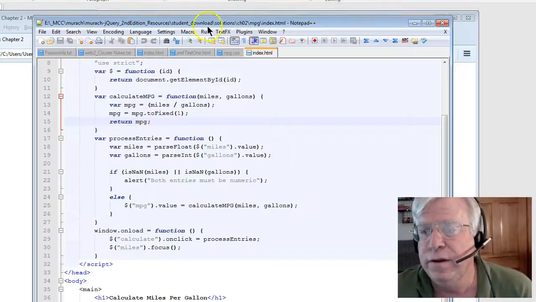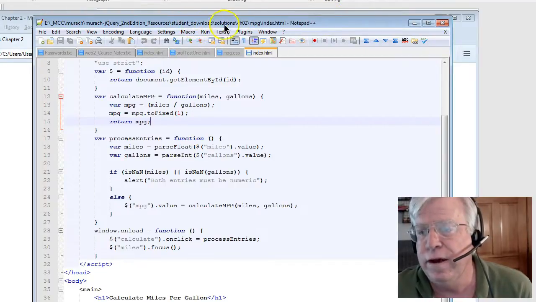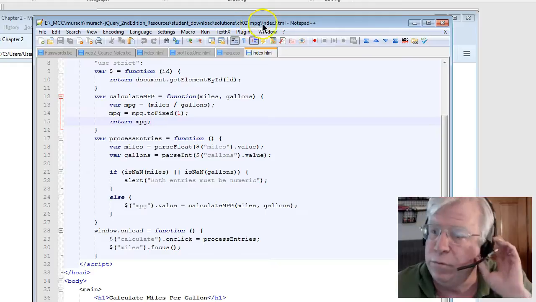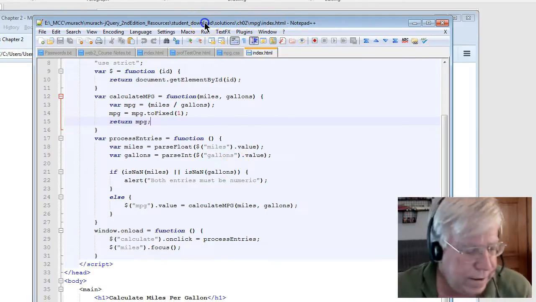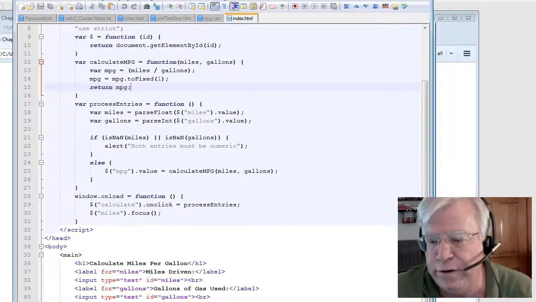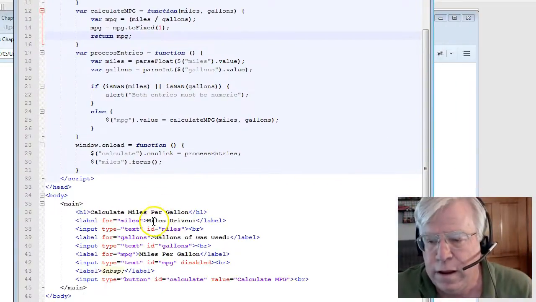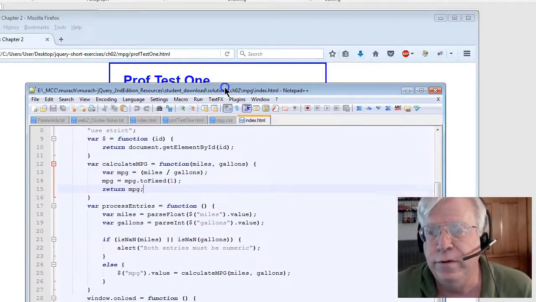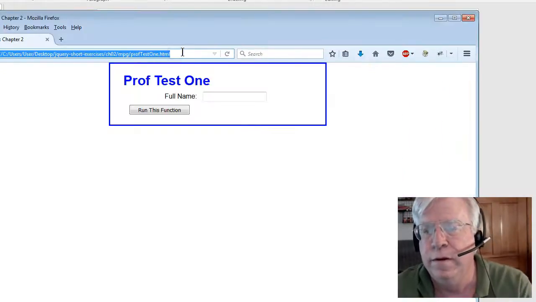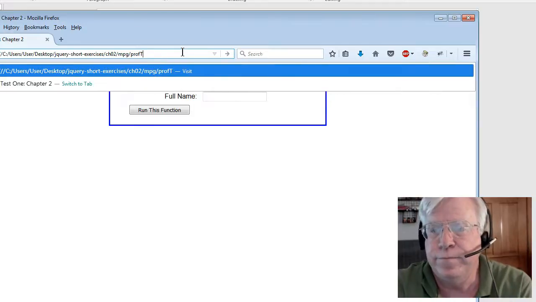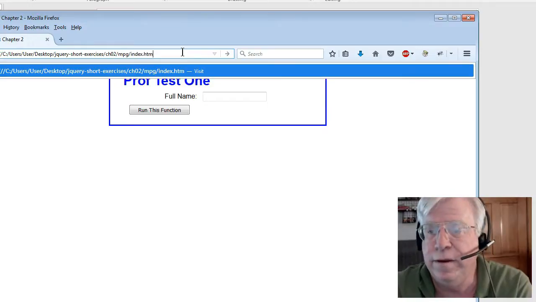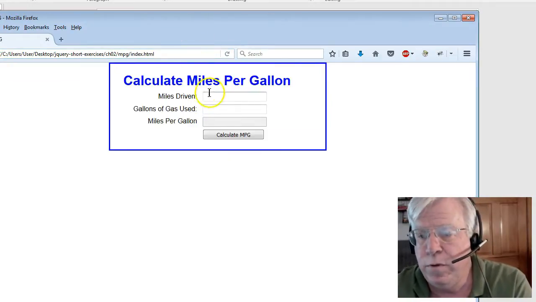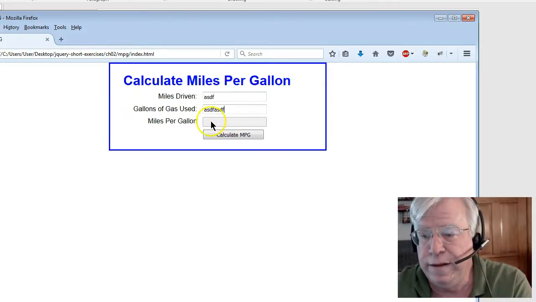If you take a look here, it says student file solutions chapter 2 MPG. We're looking at the index page for that code. And what's happening here on page 67, they're teaching us a couple of things. First of all, when that page is being run, I think I can execute the page here, index.html. So when we type in a value here, it's actually going to display the answer